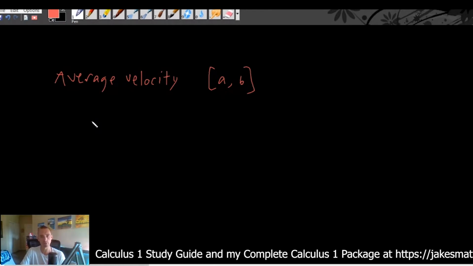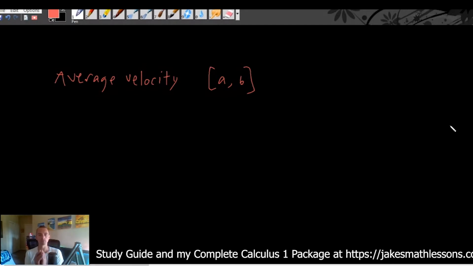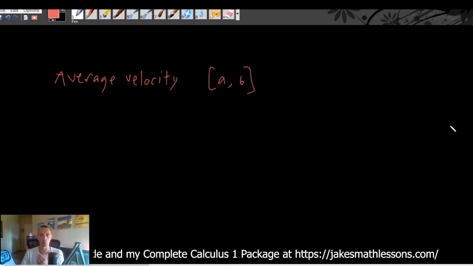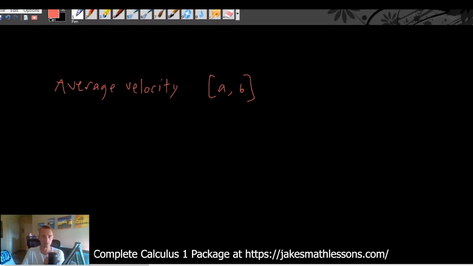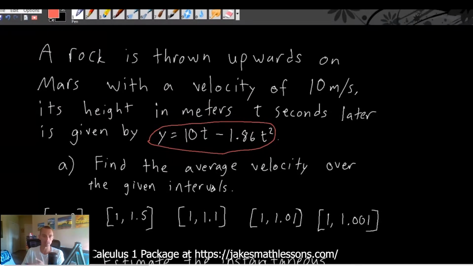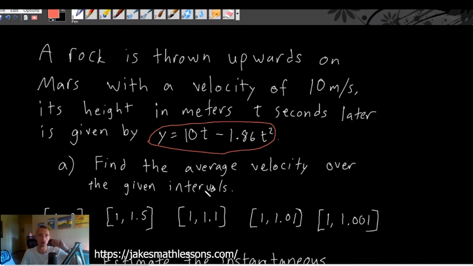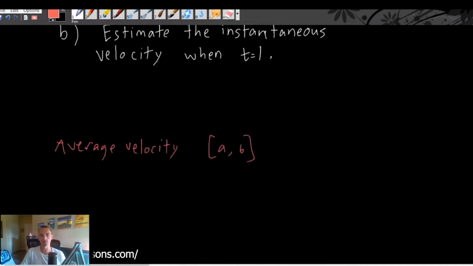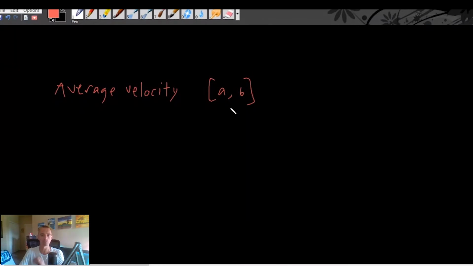position. So if you have a position function, position just means where it is at any given point in time. So in this case, it's called a height function. Height is an example of a position function because it's telling us our height above the ground, where our rock is in relation to the ground. So a position function just tells you where something is in relation to a fixed point. In this case, it's the ground. So we can use this height function as position. So if you have a position function,